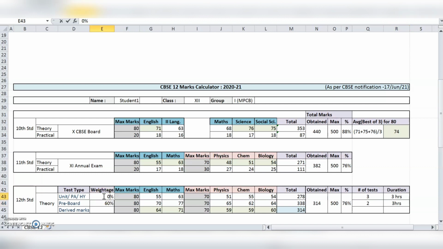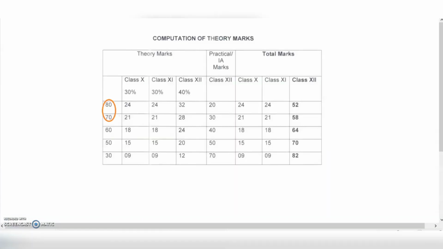So if a school decides to go for only pre-board as 100%, they could specify the same and consider the pre-board exam marks alone for the 40% component. And in the earlier case of 40-60, the school takes an average weighted sum of the previous 2 marks based on the weightages decided. These final weighted marks are taken into consideration for the 40% of 12th marks.